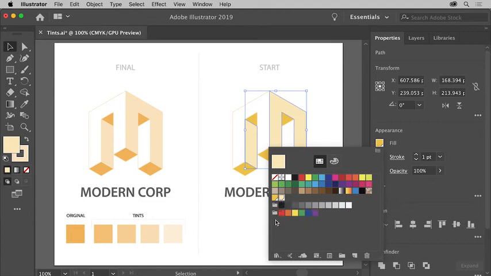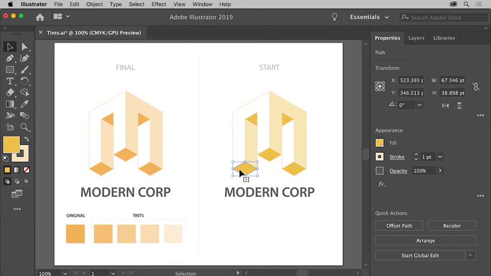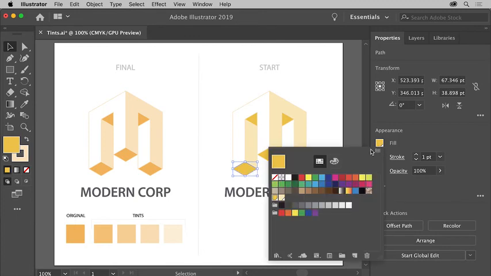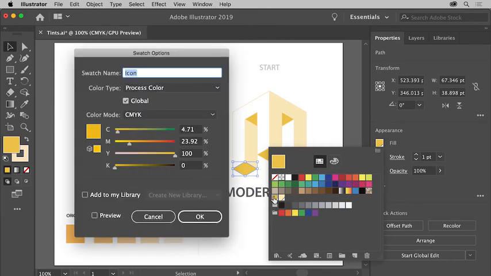Now, if you were to change the original icon color, any tints that are based on that original color will also change. So let's try that. Click this shape to select it. To edit the fill color, click the fill color on the right, and with the swatches showing, double-click the icon swatch to edit it. In the dialog box that appears, you can select Preview so you can see any changes, and try dragging a color slider to change the color. You can see that the tint you saved that's based on the original icon swatch also changed.